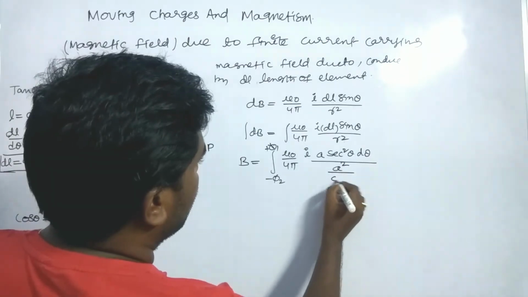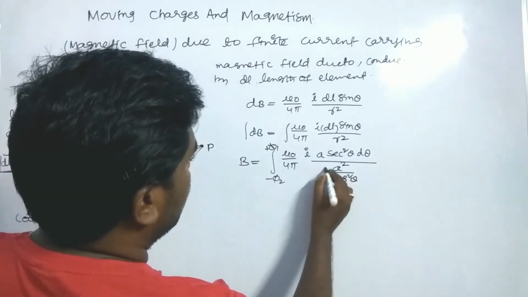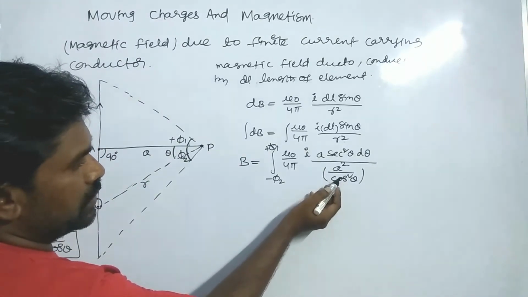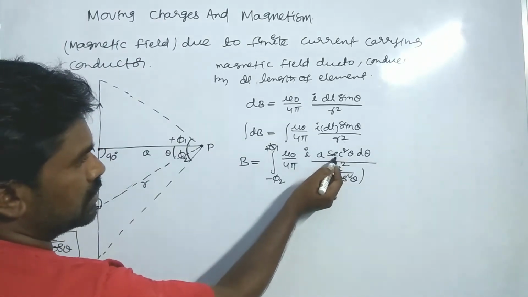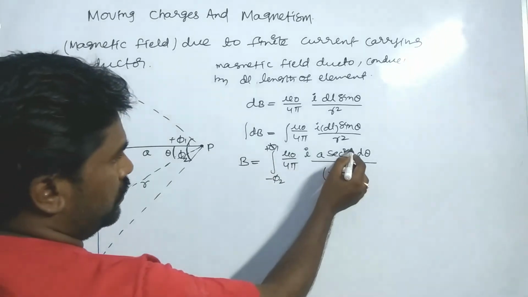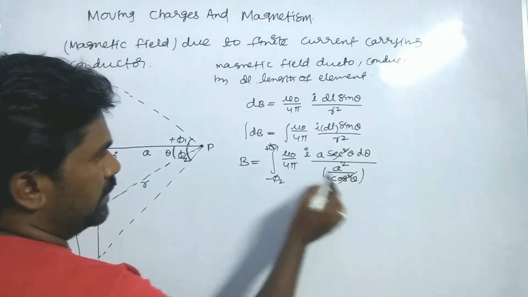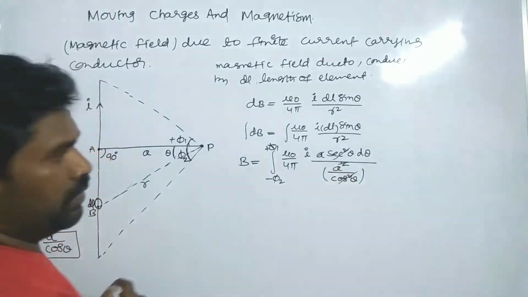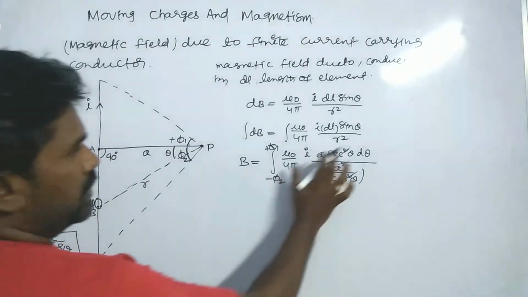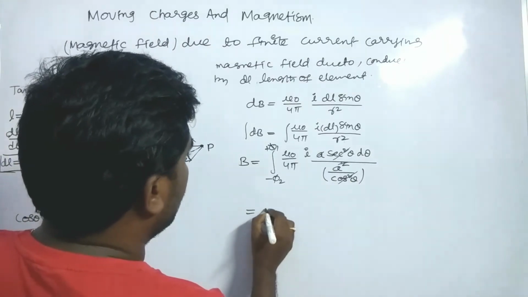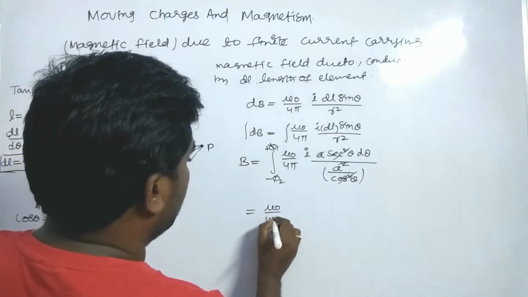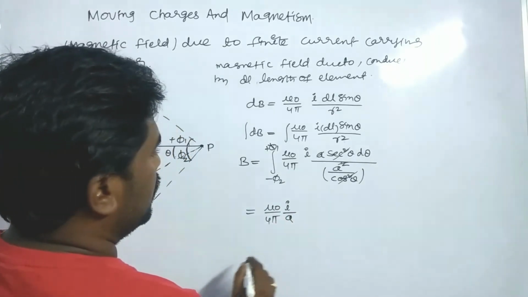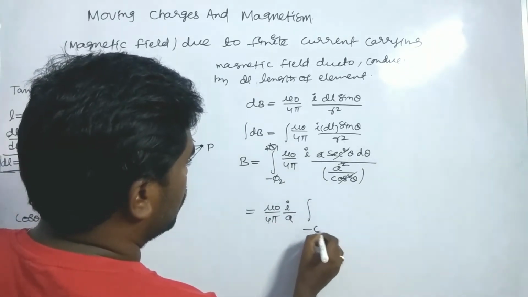A square by cos square theta, right? So here 1 by cos square theta is equal to secant square theta. Secant square theta and secant square theta cancel out. So here this one and this one get cancelled. In that, the A square and A will be cancelled out. So what remains here? This is mu naught by 4 pi, and it is I by A integral of minus phi by 2